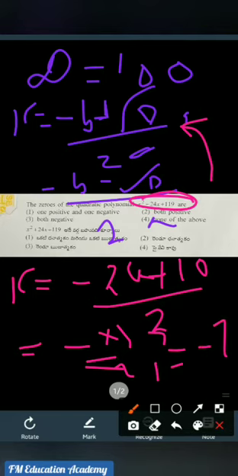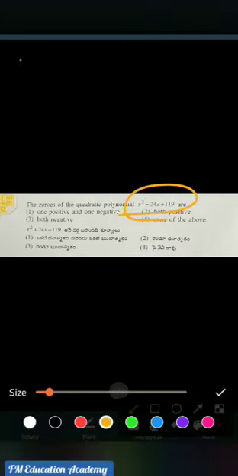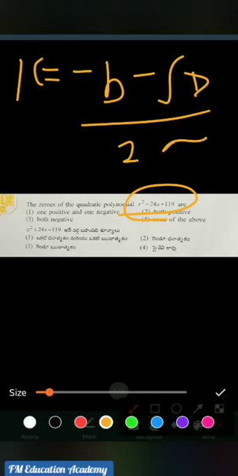Okay, by the formula minus b plus root d by 2a. Now we'll do for minus b minus root d by 2a. Remember, one root is minus 7. Let us find out the root of minus b minus root d by 2a. X is equals to minus b minus root d by 2a. Substitute now. Minus b is 24 minus root d means root 100.